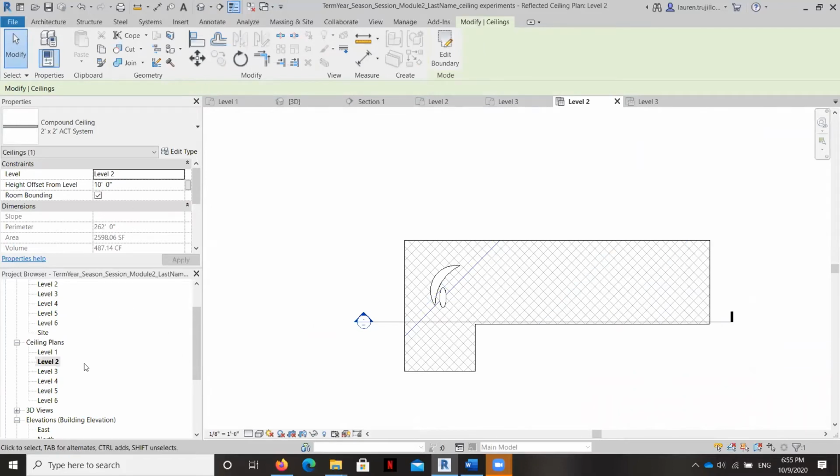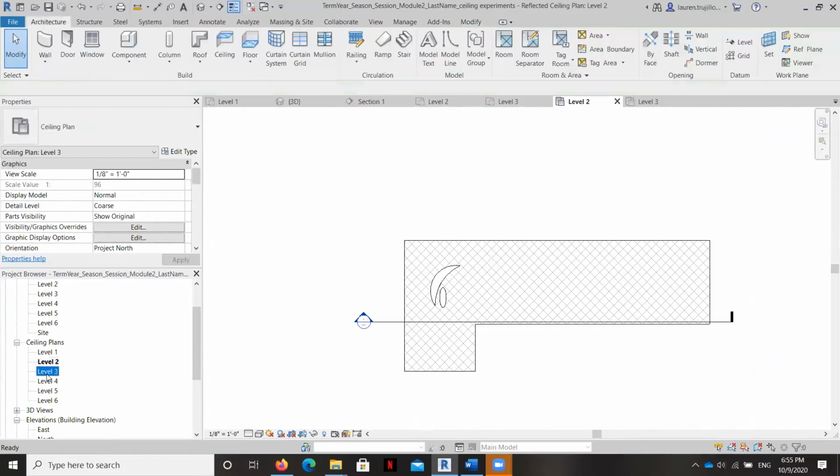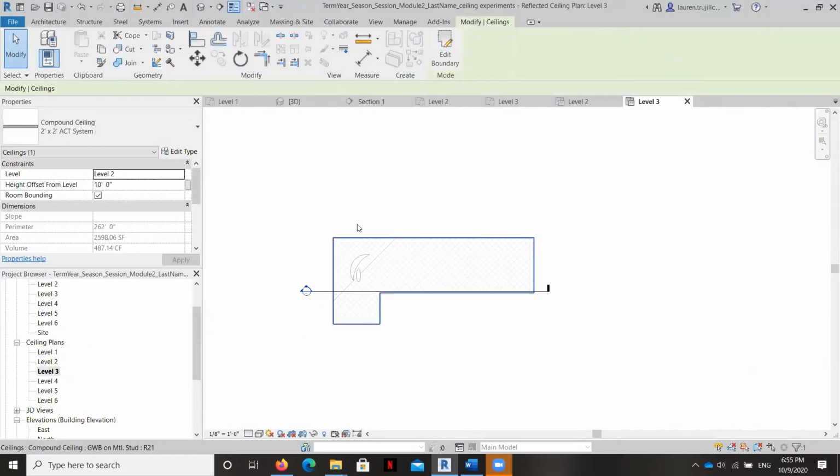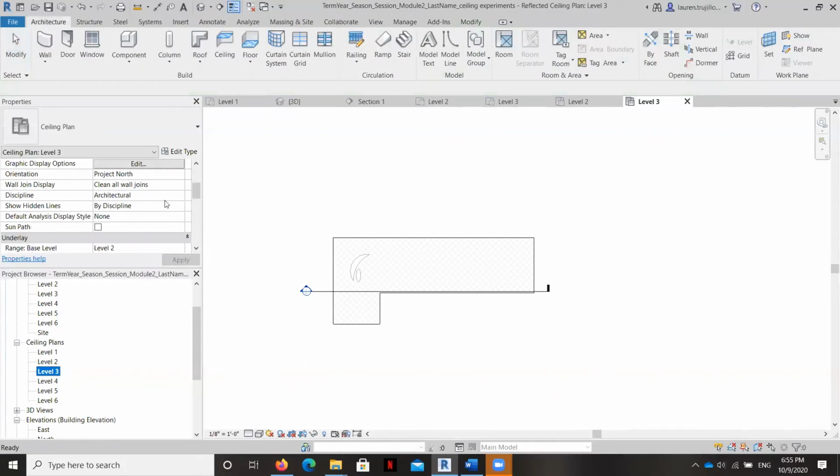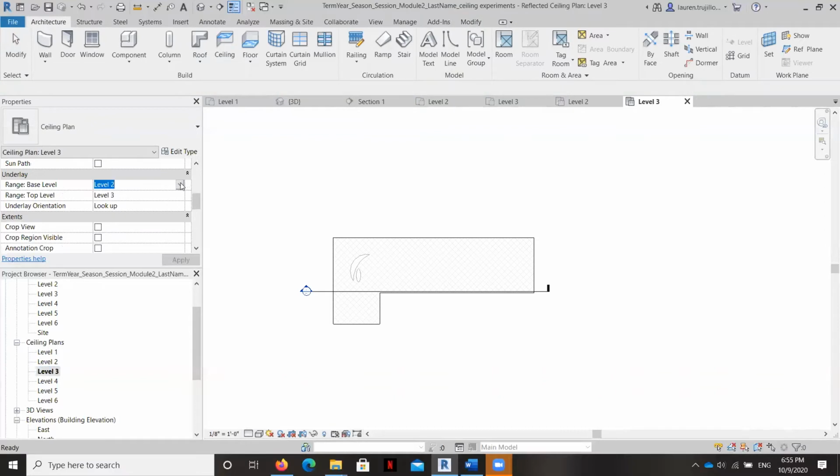Let me show you now on the level 3 plan. I'm going to turn my underlay off. So this is my ceiling, and as I told you, remember, we have nothing but roof and sky above here.